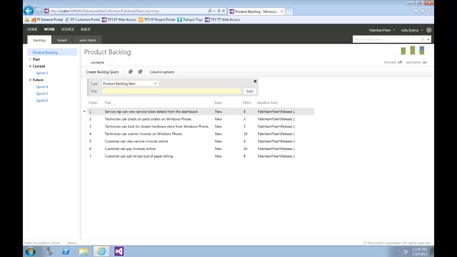Let's imagine that the VP of Fabric and Fiber has requested that a new user story be implemented for the customer-facing service portal. This new user story will enable customers to see weather-related service outages. In the Contents section for the product backlog, let's select the last row and then create a new product backlog item with this title: